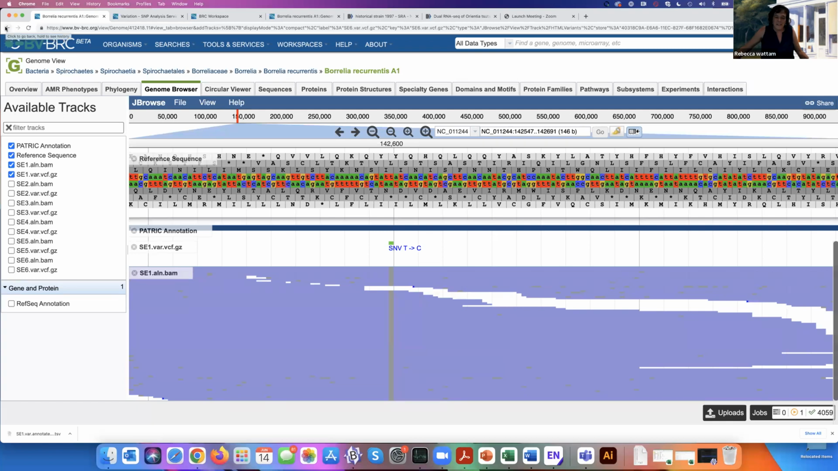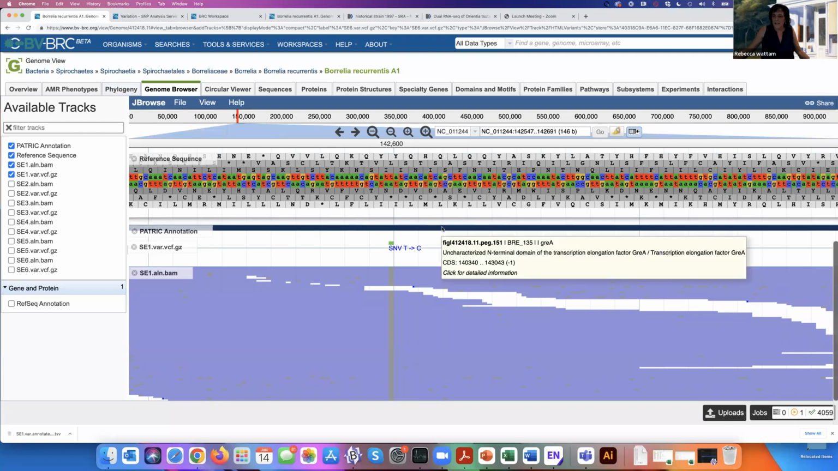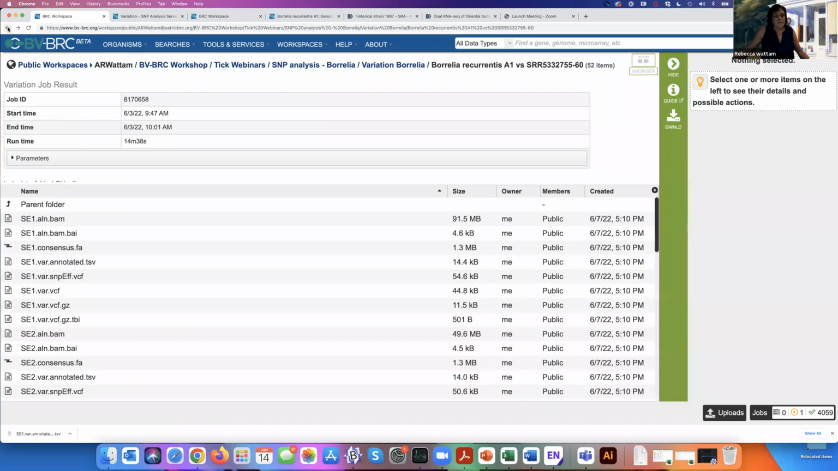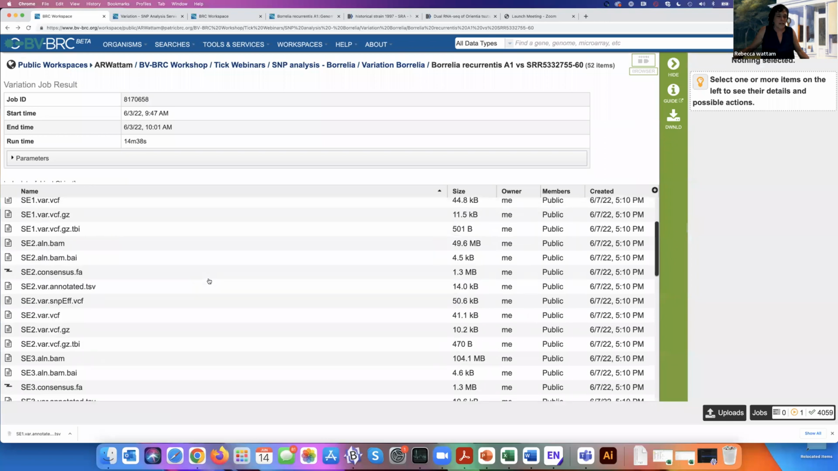Although this is an interesting thing to see, and I can see which gene it's in by looking at that, if I had to do the entire analysis based on the genome browser, I think I'd be very unhappy. So let's go back, and I want to point out